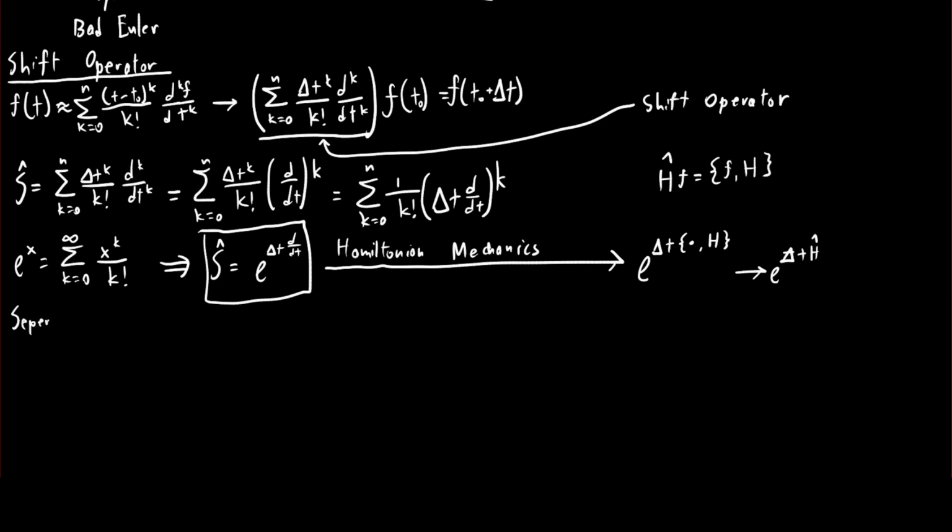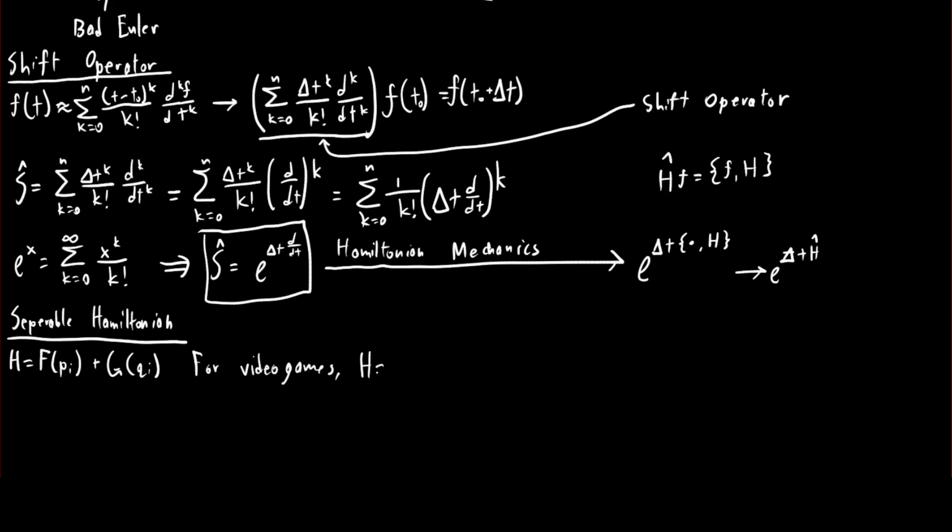Now that we got it in this form, is there anything we can do with it? For a moment, let's say the Hamiltonian is separable, which means you could write it as the sum of a function of the position and a function of the momentum. Separable Hamiltonians tend to show up when you're working in Cartesian coordinates, and your forces are all functions of position. For most of the forces in a video game that the numerical integration pipeline handles, the Hamiltonian can be written as the kinetic energy, which is purely a function of momentum, and the potential energy, which is purely a function